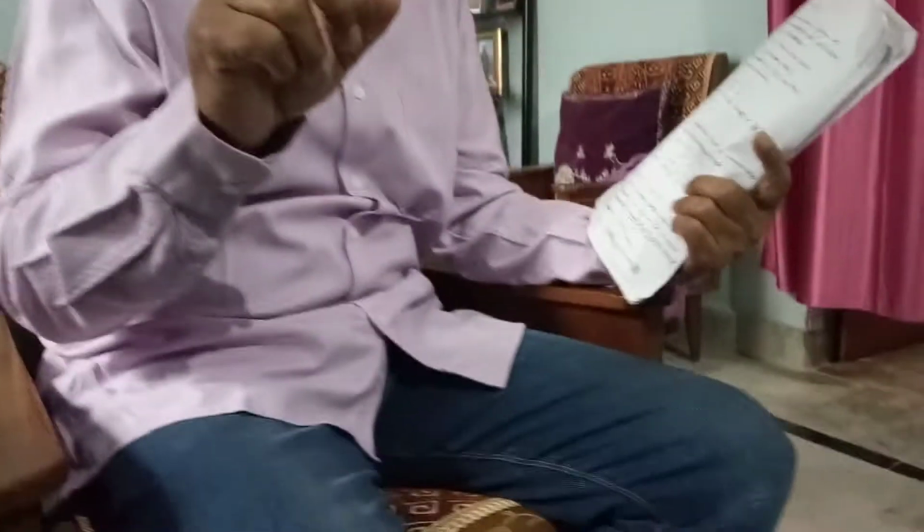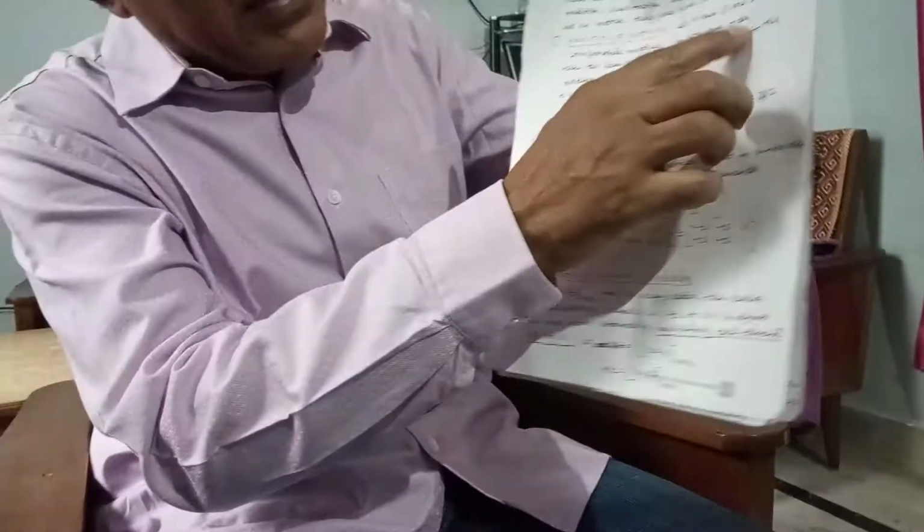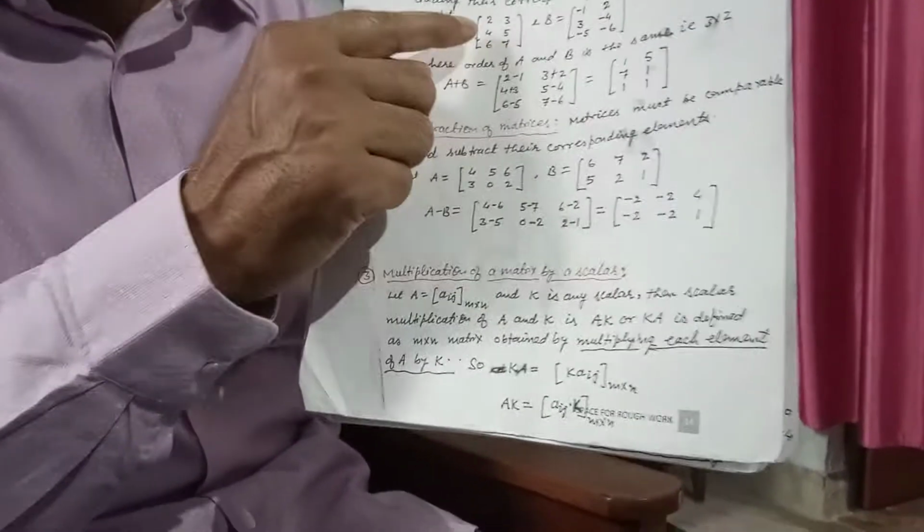Number one, the addition. The addition of the matrices: when the two matrices are comparable, then you can add those two matrices. Comparable means the matrices have the same order. So if the matrices have the same order, then we add the two matrices by their corresponding elements. For example, now listen, see your notes. In these notes, I show that in the addition of the matrices, the matrices A and B are comparable.